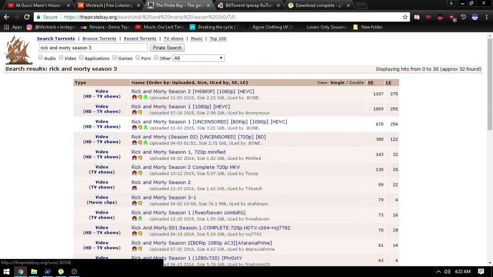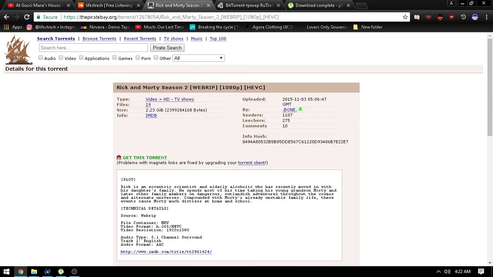Oh, and this is another thing to look for. These green pirate pictures right here are pink. That means they're legit. So we'll say season 2. Say you don't want to download a whole season of an episode, like a series like this. Most of the time you do want to download a whole season, but say you don't want to this time. You'll just want to always do this for anything,